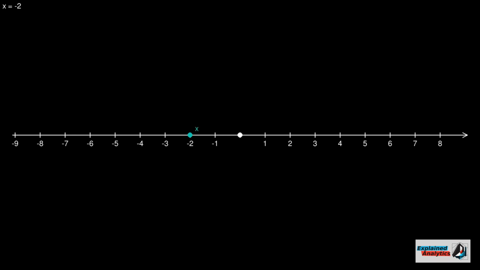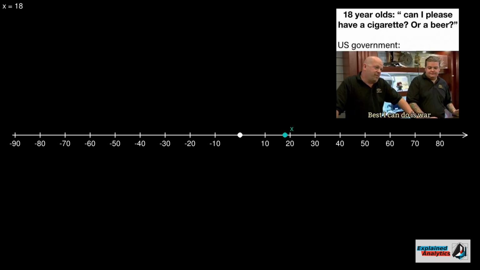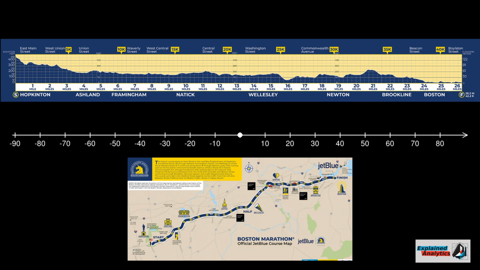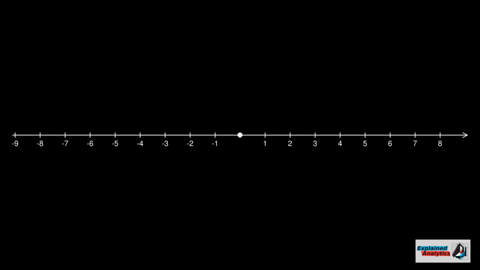This approach is useful for representing phenomena that require a single number to be described, like the age of a person, the total distance ran by an athlete in a marathon, or the elapsed time since the start of the universe. Each of these phenomena requires a totally different measurement scale, but just needs a single number to be accurately